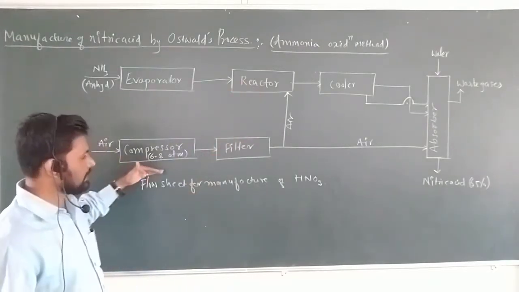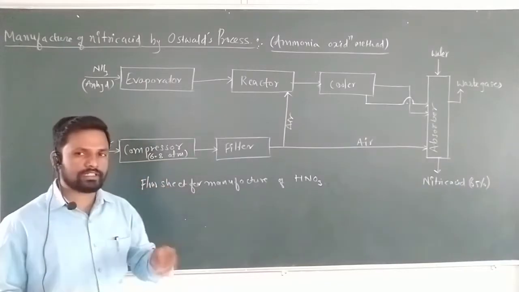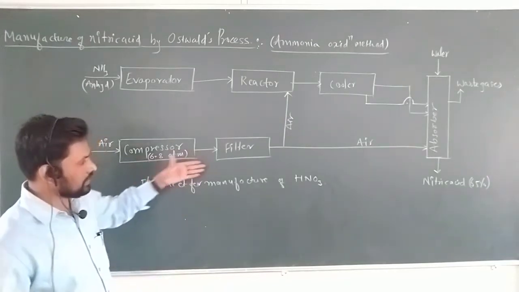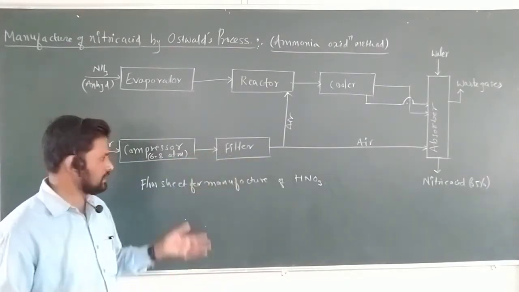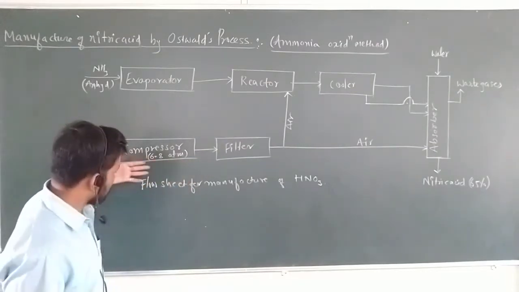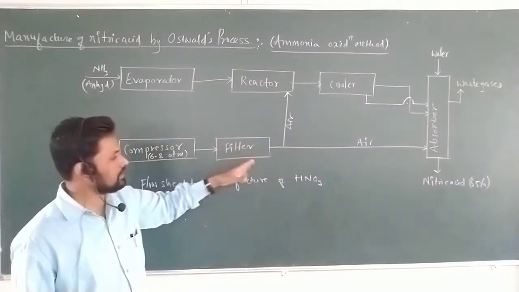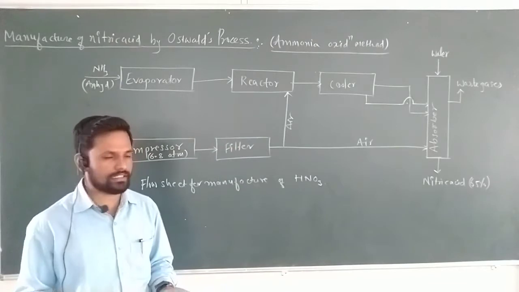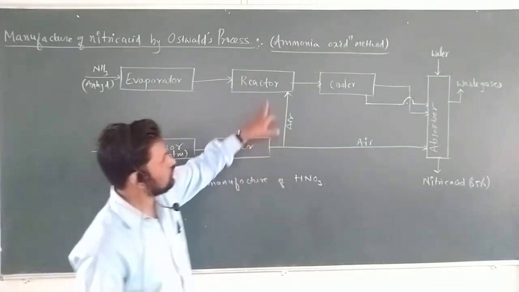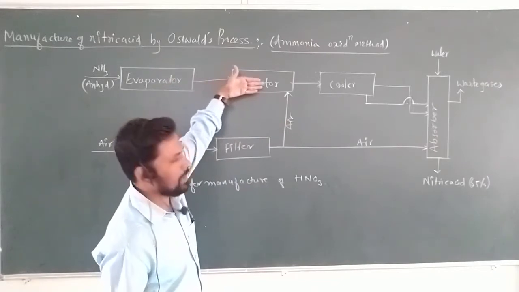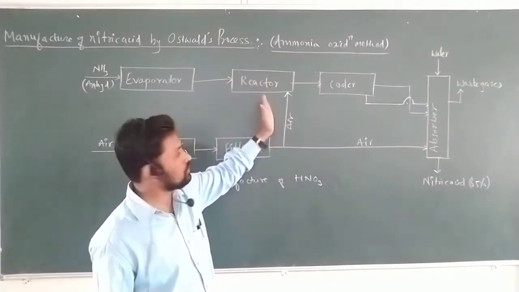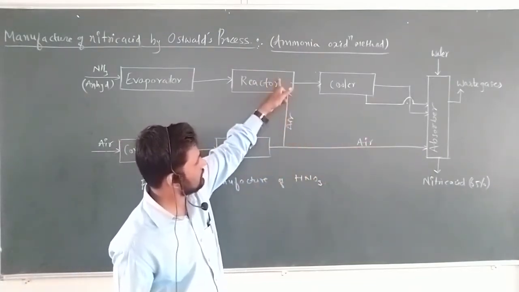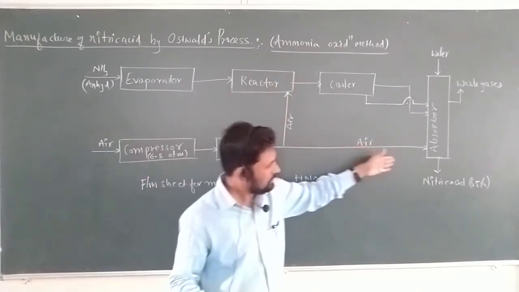At the other end, air is taken, which is compressed up to 6.8 to 7 atmospheric pressure. The air is purified, since air is a composition of many gases, and the pure air is obtained, further compressed and sent towards the filter, where filtration takes place. Any gaseous contaminations can be removed by this filter before it is sent to the reactor. Ammonia is at one end and air at the other, both passed towards the reactor. One air pipe is connected to the reactor side and one air pipe is sent towards the absorber.